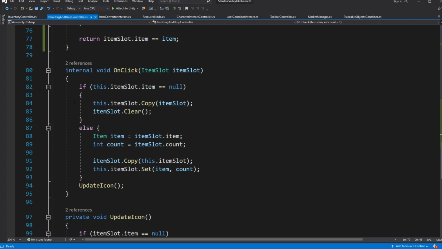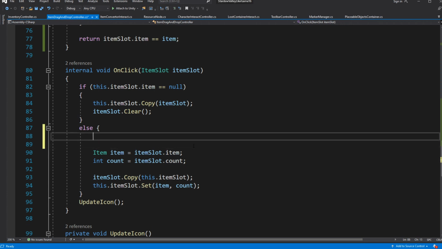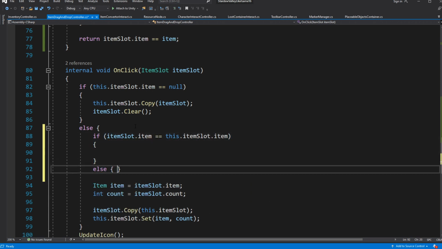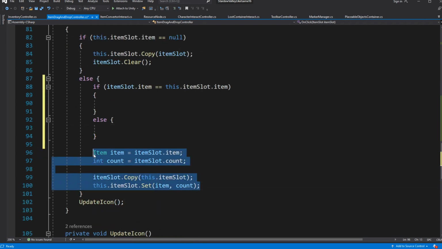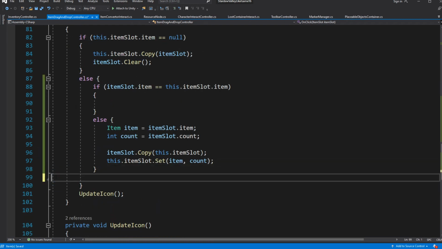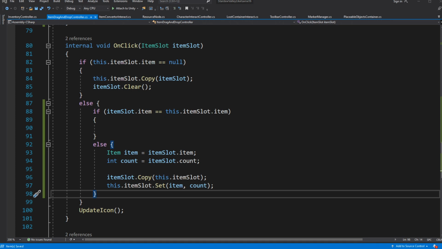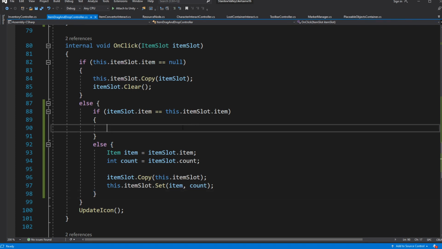That will be the else part over here. We want to compare the item in the item slot we clicked and the item we are using for the drag and drop controller. If they are identical, we want to simply combine the count of the items together.